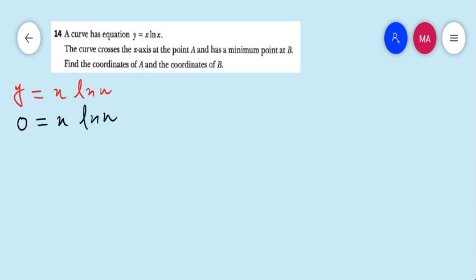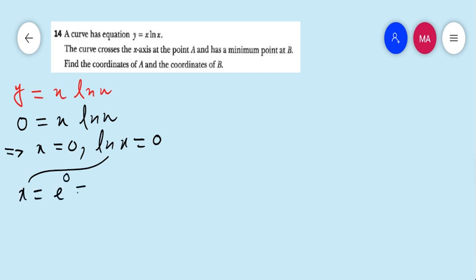So x ln x equals 0 implies that x equals 0 and ln x equals 0. So if ln x equals 0, take e on both sides, so x equals e to the power 0, which is 1. So now we have two coordinates, 0 comma 0 and 1 comma 0,